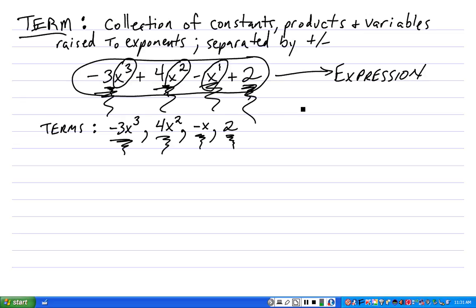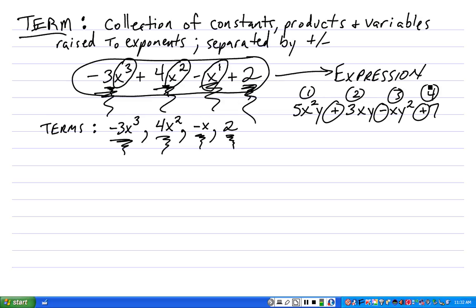Okay, let's look at another expression. Let's say we have 5x squared y plus 3xy minus xy squared plus 7. If I were to ask you how many terms you see, you're looking to see how many items are separated by plus and minus signs. Here's a plus sign, here's a minus sign, here's a plus sign. So we have 1, 2, 3, 4 items separated by pluses and minuses,